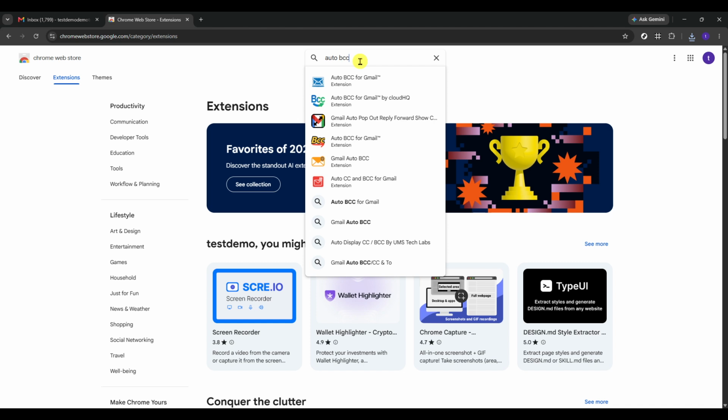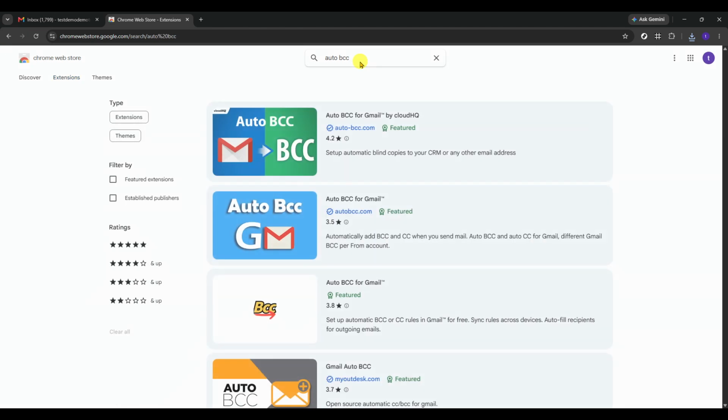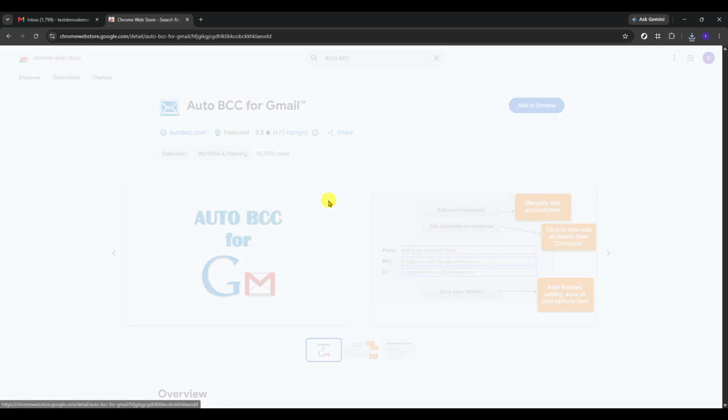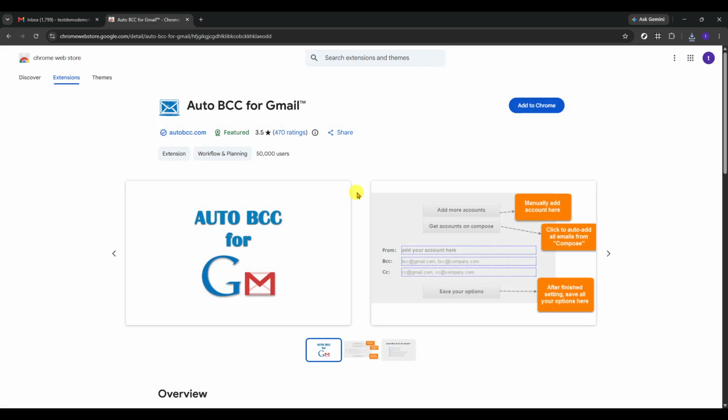Auto BCC can be useful if you regularly need to keep a copy of outgoing emails for record keeping, team visibility, or workflow tracking without adding those addresses manually every time. From the search results, find and click on Auto BCC for Gmail. Take a moment to confirm that you have selected the correct extension before continuing. It is always a good idea to review the extension name carefully so you know you are opening the right